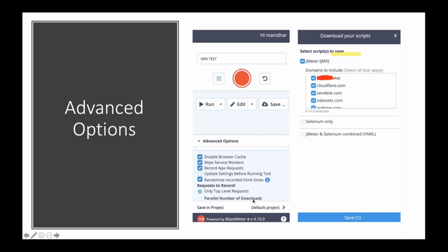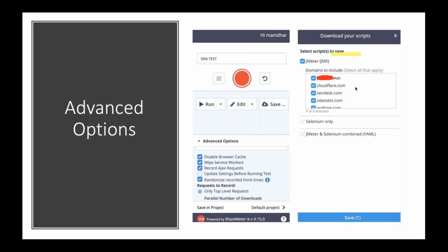Okay, and then I'll just click on save. Once I click on, sorry, next, I will be navigating to the right side thing. So after recording, whenever I click on save, it is telling that, hey, you recorded, and from the recording there are multiple domains, not only your application, there are other domains like Cloudflare and some other relevant domains which we are using internally within our application. Do we really want to select all those domains and save it? Yes, we want to select everything, because all those requests together are nothing but the web load, I mean, the performance of that particular application. So yes, select everything and click on save.